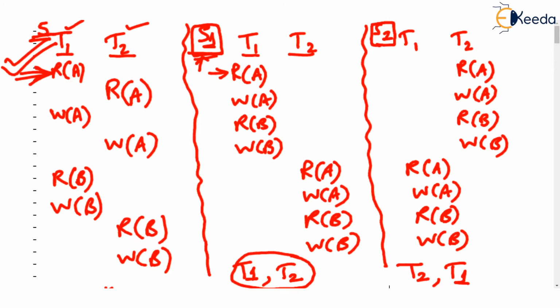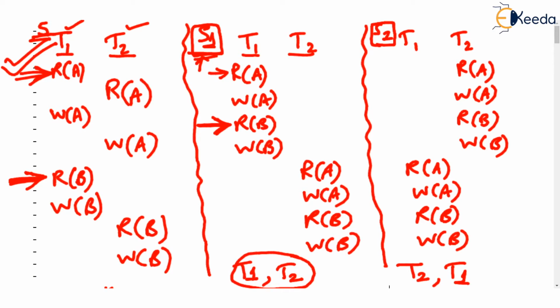Now let's see data item B. Who is reading B initially in schedule S? That is the concurrent schedule. Here we go. The read B operation over here, observe, is the first read operation on B in the entire schedule. So T1 reads B first. And who reads B initially in schedule S1? That is a serial schedule. T1 reads. That means in both these schedules, initial read of B is done by T1. And there are only two data items A and B, and we saw initial read is getting satisfied.